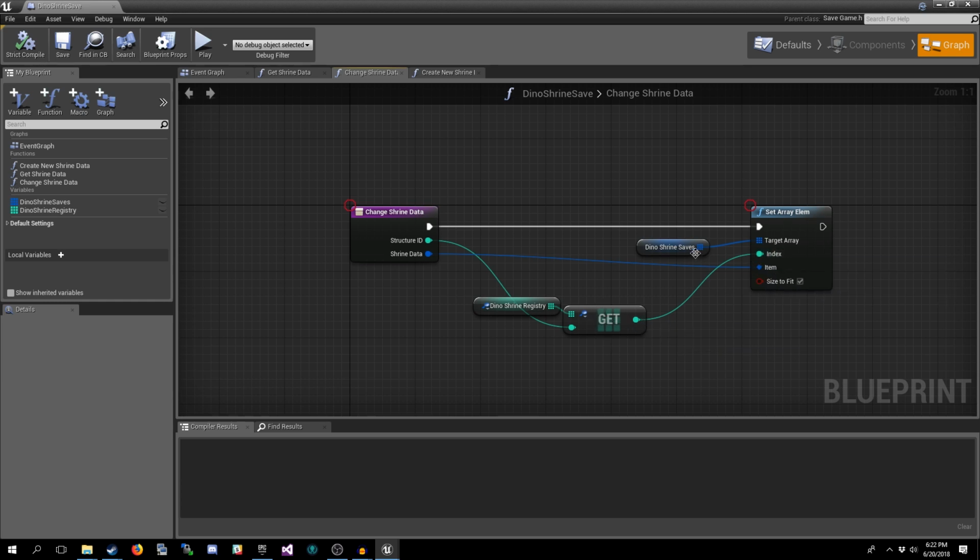So we use that and we override the existing element here with a new one. This now gives us a way to set and change our settings.